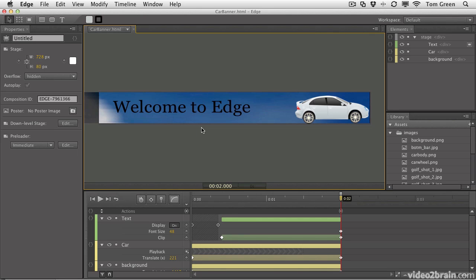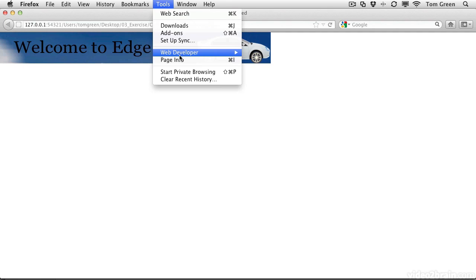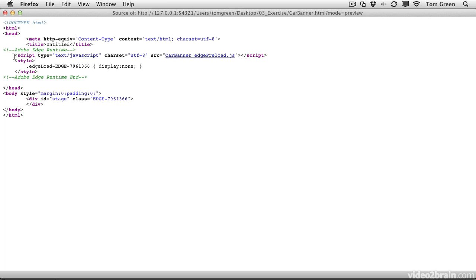Now, what you're going to want to do to get it into Dreamweaver is actually open it up in the browser. So just press Command Return or Control Enter. And come to the Tools menu and open up the page source. And what you're going to need is right here. You're going to need the runtime and you're going to need the div. So first step, just select the runtime, copy it,